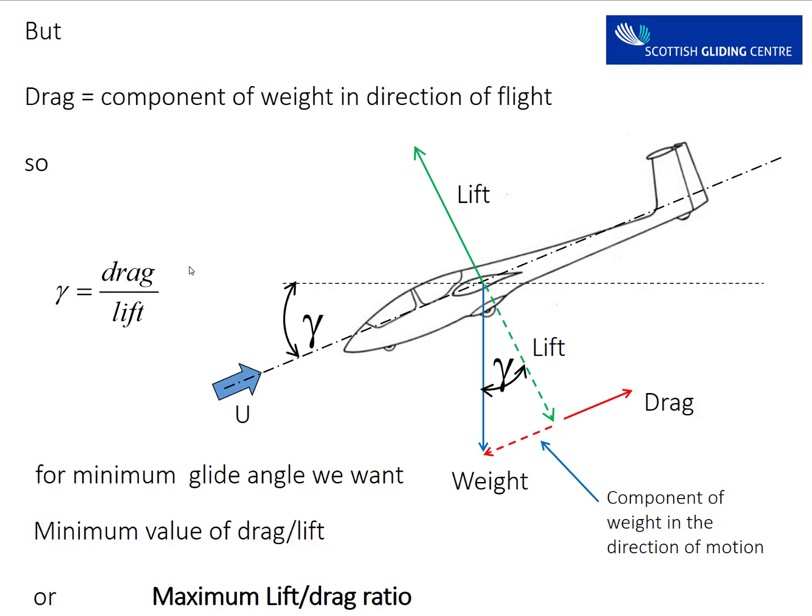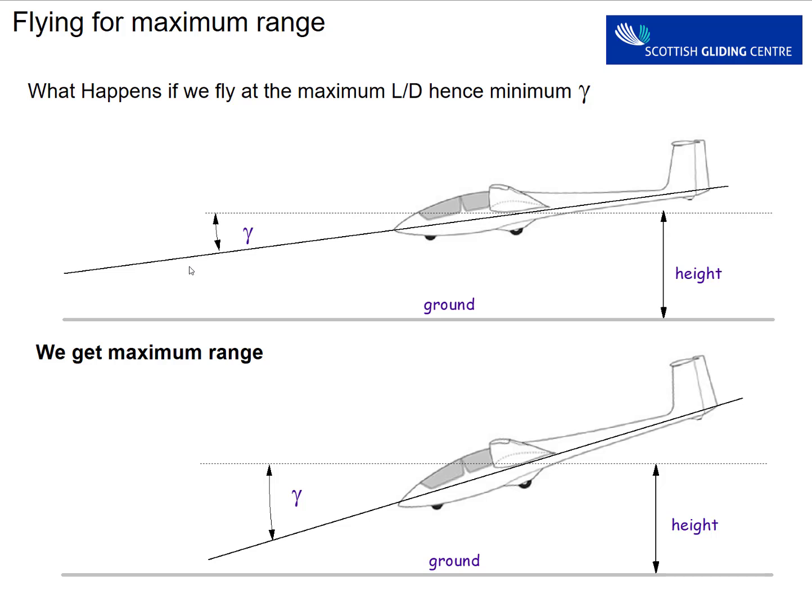Now why do we want a minimum glide angle? Well, let's think of us flying along, and we're flying along at a reasonably large gliding angle. Now from a given height, depending on our glide angle, will give us the distance that we can fly before we essentially hit the ground. For a given height, the glide angle gives us the range that our aircraft can fly, and therefore for the maximum range that our aircraft can fly from a given height, we want the glide angle to be as small